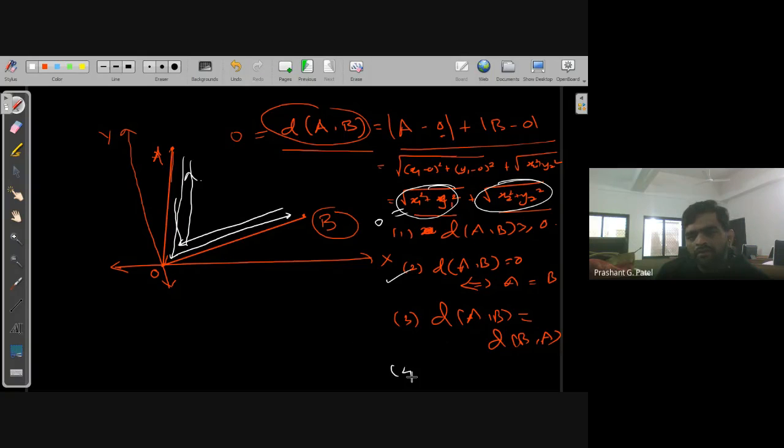And the fourth is the triangle inequality. That means there is another point C here. If you go from A to B, the distance is always less than or equal to A to C plus the distance between C to B. That is also true, that you can check. So the question is